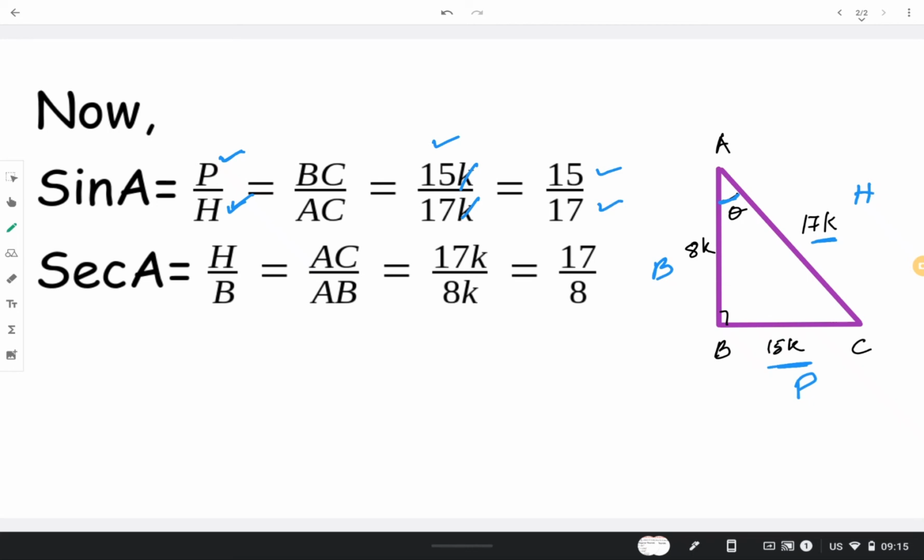Now sec, okay? So cos and sec are opposite, right? So if cos is base by hypotenuse, then sec is hypotenuse by base. They are opposite, alright? So hypotenuse by base. Hypotenuse is how much? 17k. I've written. Base is how much? 8k. So written here, right? Once again, this k and k will get cancelled, and then we'll be left with 17 by 8, which is our